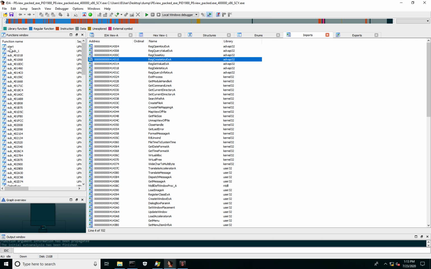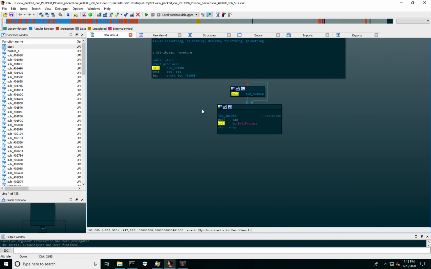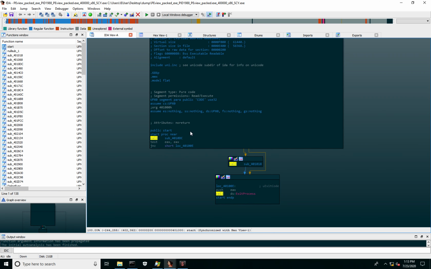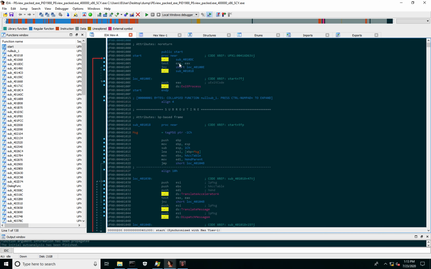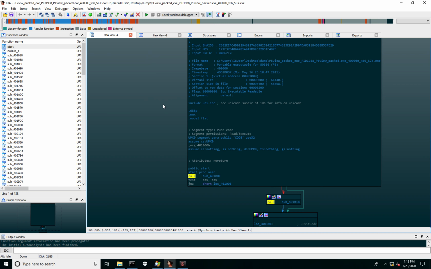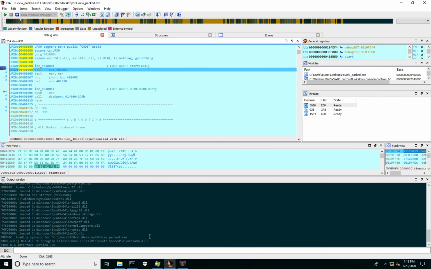Also notice that the entry point is also correct. The entry point is the same we've seen in the first IDA analysis. Same instructions, a call, test, jump, and another call. The code was dumped correctly.